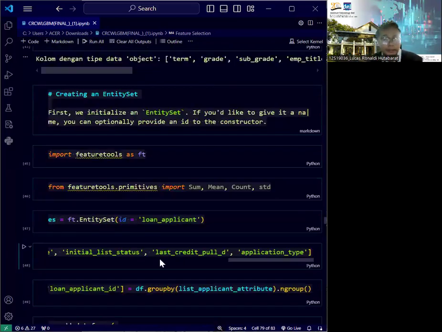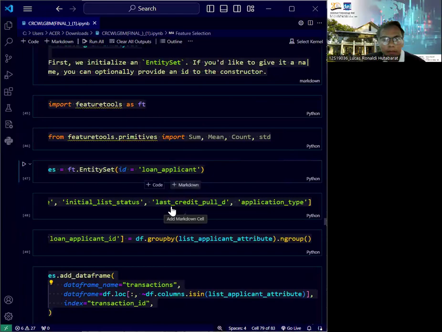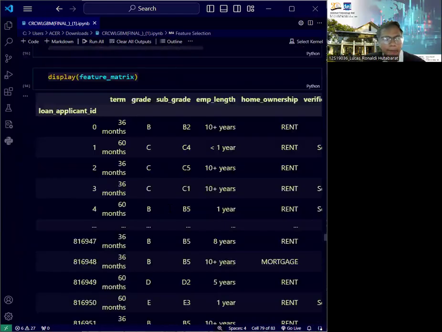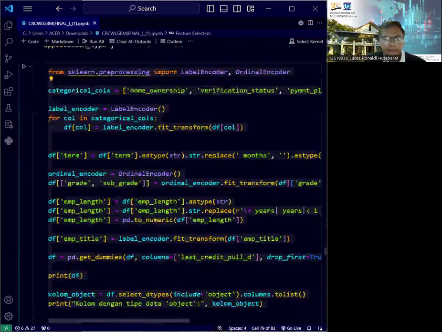Okay, here we use Featuretools to perform feature engineering, creating new features based on aggregation and transformation. And then we go to feature selection and preparing data for modeling.